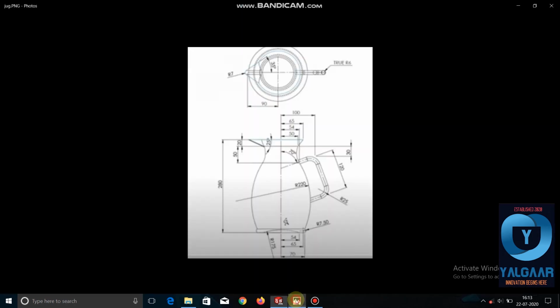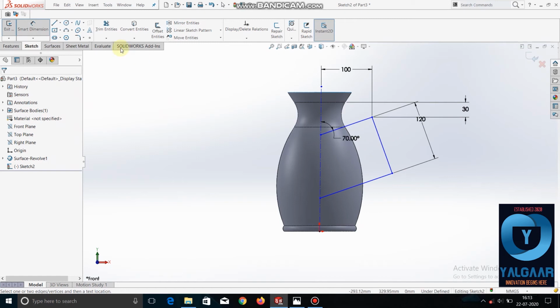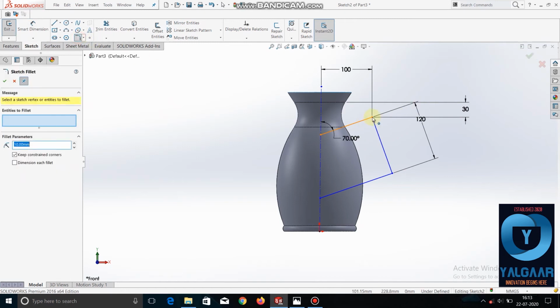And the fillet is of 25. I will give the fillet here, 1, 2, and done.